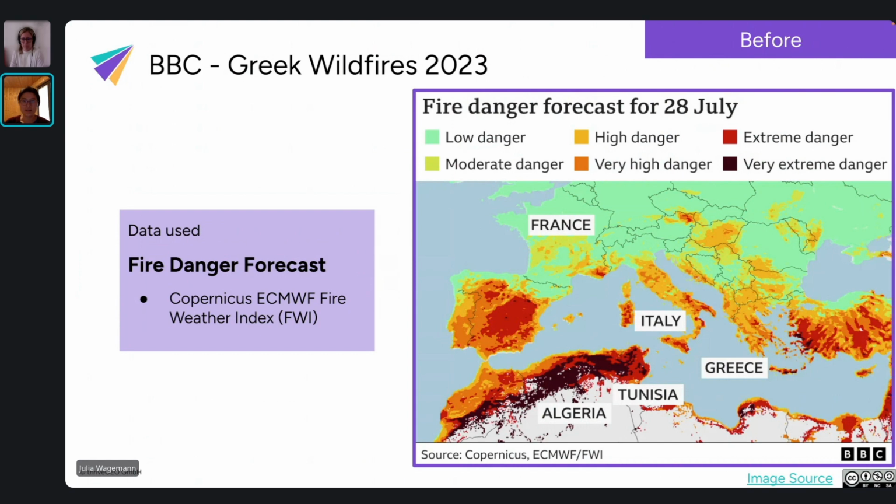And here they use the Copernicus Fire Weather Index, which we will introduce later on. And here you can see that green shows low fire danger, whereas the reddish colors, like red for extreme danger and dark red or almost maroon for very extreme levels of fire danger, can be seen in, say, Northern Africa and certain parts of Turkey and Greece.